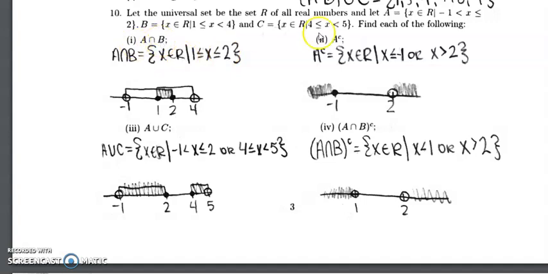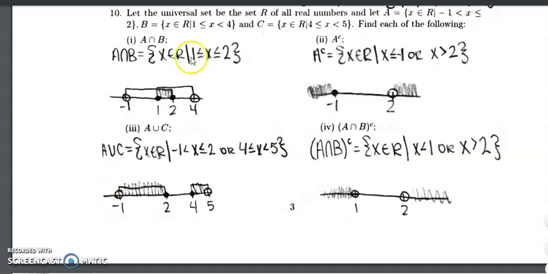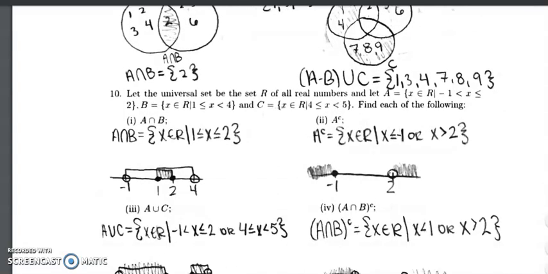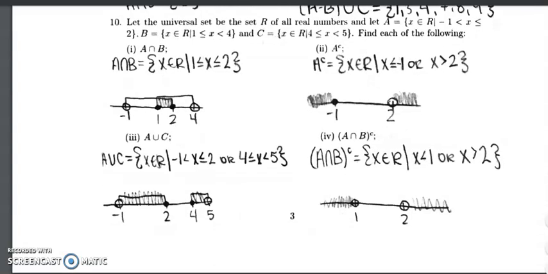All right, so in number 10, we're still doing the operations of sets, but we're not looking at a list of elements like in number 9. We're looking at intervals, and as we know, an interval of numbers includes infinitely many numbers. So set A, as shown on the number line, includes all the real numbers from -1